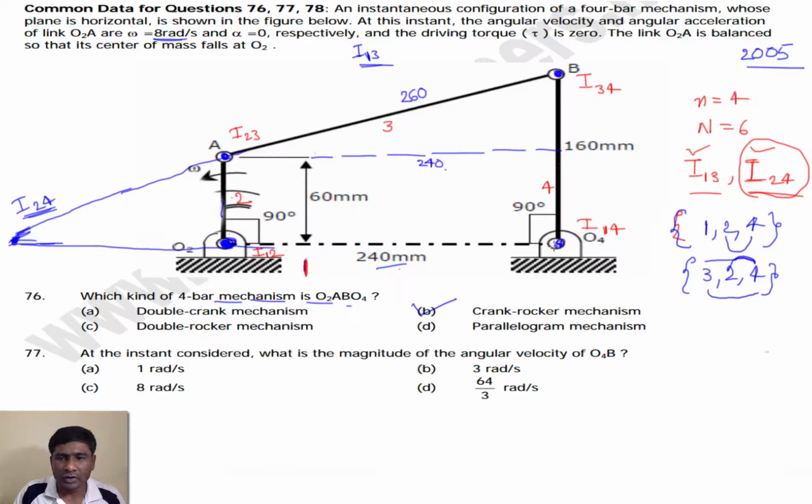And here also link 4, its velocity at the instantaneous center I24 is not 0, it has some definite value, but its relative velocity with respect to link 2 at this point I24 is 0, and this link 4 is rotating about the point O4. But instead, if I consider instantaneous center I13, what happens in this case? Because in the previous cases, so many times we have calculated I13, and there I mentioned that link 3 is rotating about the instantaneous center I13.